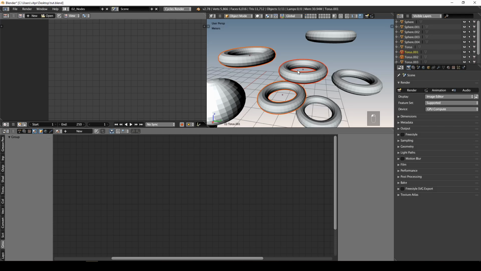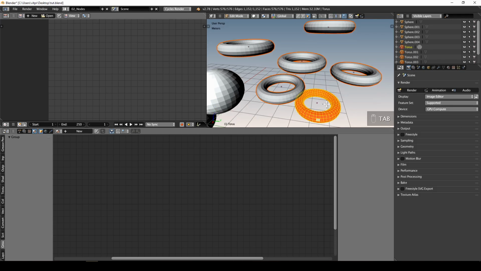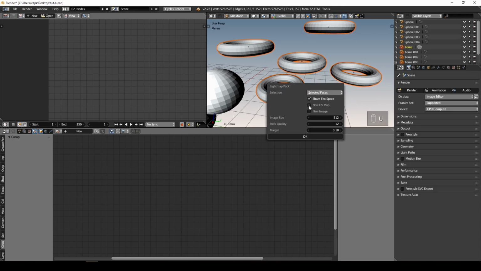You just shift select all of them. The last one, you will go to edit mode, hit U, select Lightmap Pack and set this to new UV map, so you will not destroy all your already existing UV maps. And here select not the selected faces but selected mesh objects. And if you hit OK,